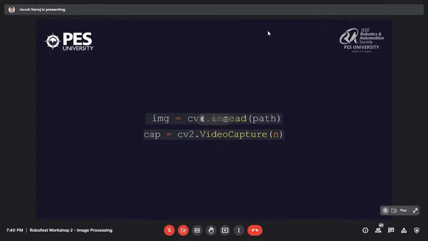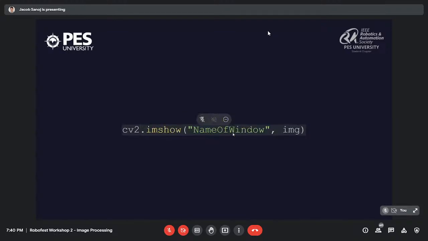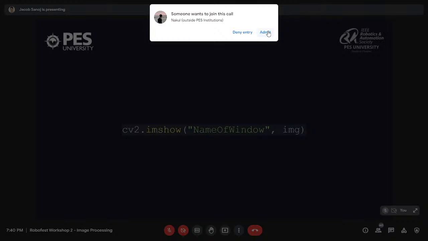If you're using a laptop with an inbuilt webcam and you want to access the inbuilt webcam, you use n as 0. This will help you get the information from your camera feed, or help you take the image into your code. Now if you need to show your image,